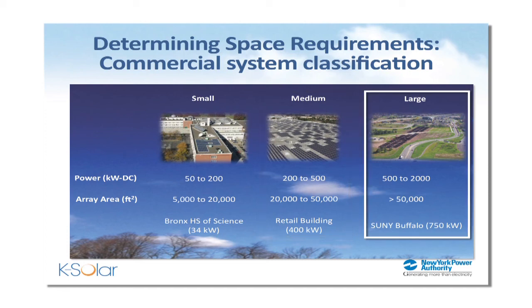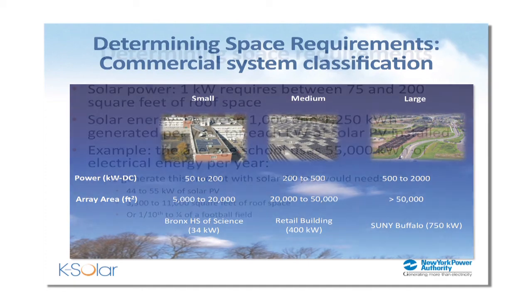In the example I give for the large solar array, here we're looking at a ground mount array, and this one's up at SUNY Buffalo. This is a 750 kilowatt array that's shown in this aerial photo. And here you're looking at well above 50,000 square feet of space to get a solar array that large. And basically you're not going to be looking at anything over 2,000 kilowatts. That's basically the cap for allowing connection to the electrical grid behind your electric meter at your school facility. So anything from this 50 kilowatt size up to the 2,000 kilowatt size is what we're going to be considering